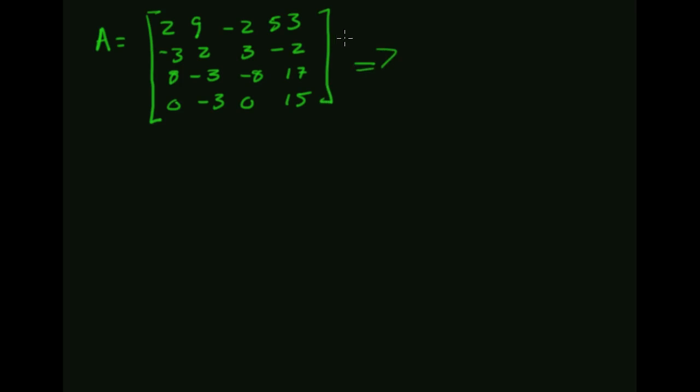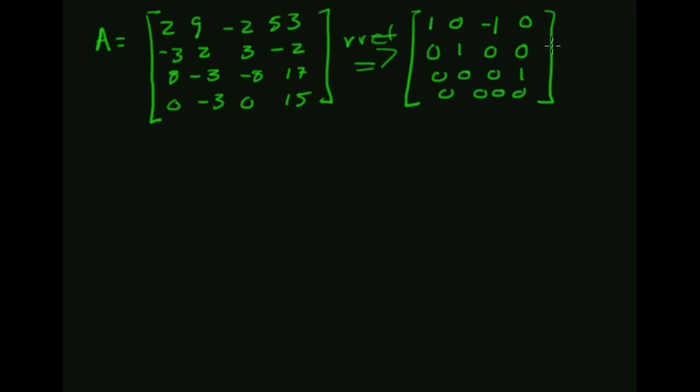And then if I take Gauss-Jordan of this, I end up with 1, 0, -1, 0, 0, 1, 0, 0, 0, 0, 0, 1, 0, 0, 0, 0, which means that these 3 vectors will form a basis for the